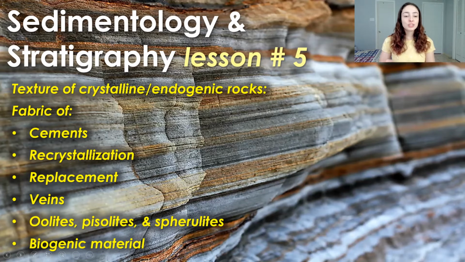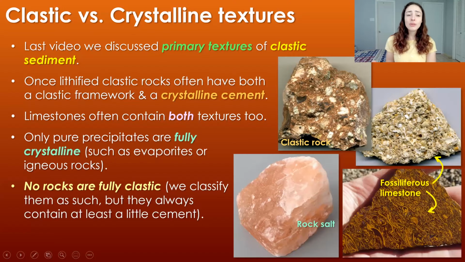replacement and recrystallization versus primary precipitation, and then we'll talk about crystallization in veins, the types of fabrics that might form from these crystals, and then lastly we'll go over oolites, pisolites, and spherulites, and a little bit over biogenic materials. So first, let's go over a little bit about clastic and chemical rocks and the difference between them, just